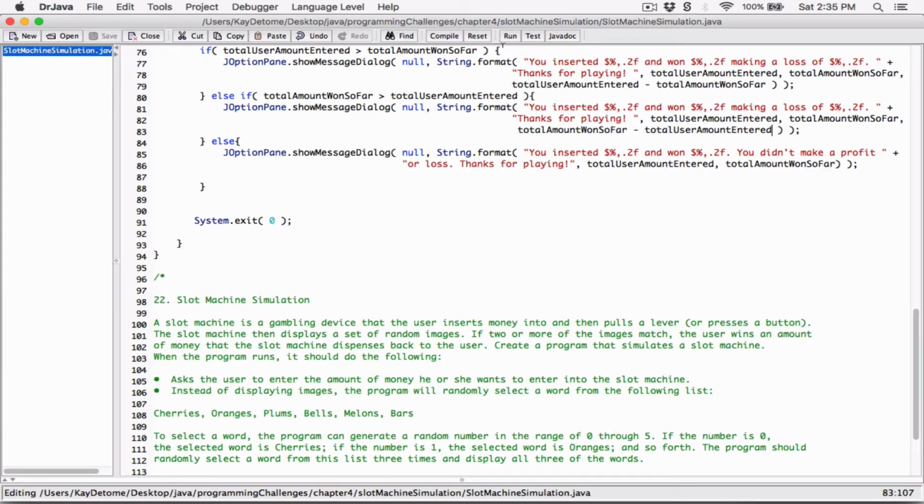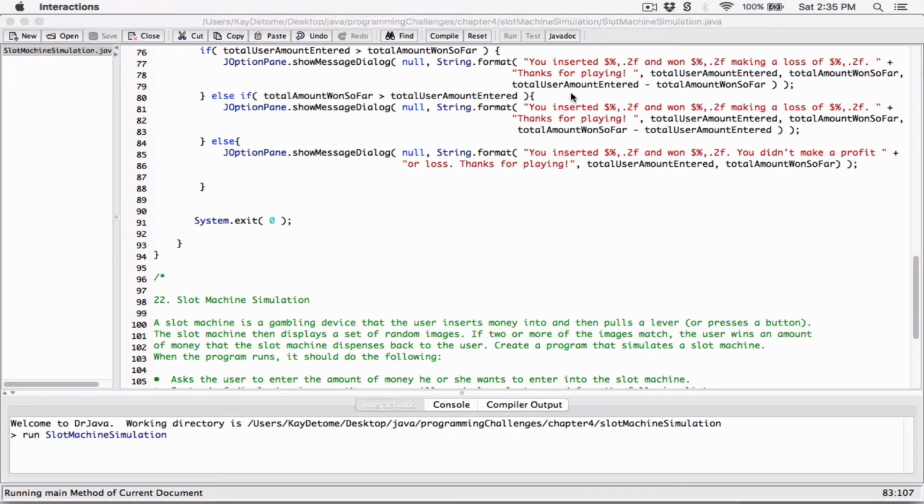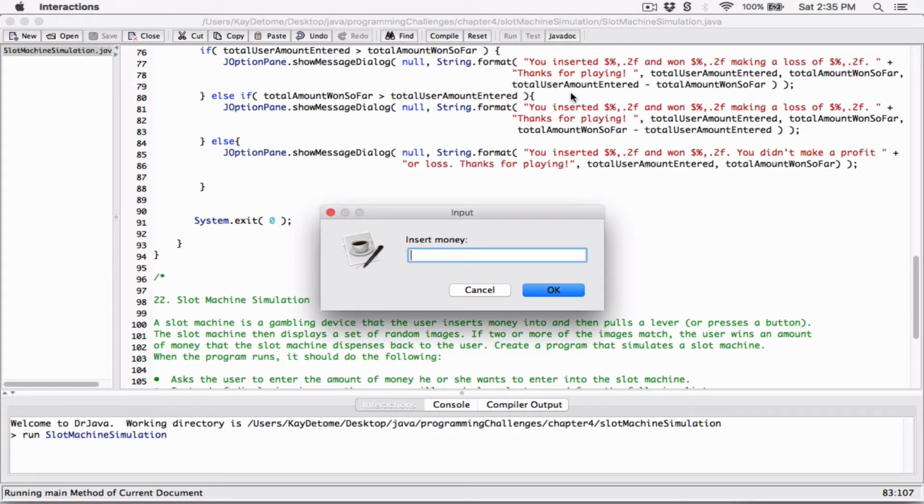Now most of the program, if not all of it, is done. So I'm going to run it, and let's play a little bit. After all what we went through, let's just enjoy ourselves a little bit. So I'm going to enter